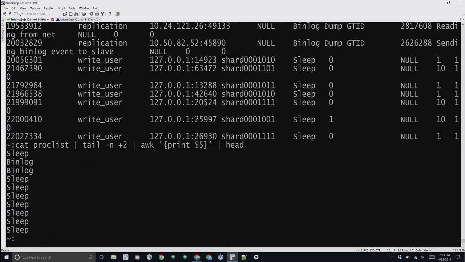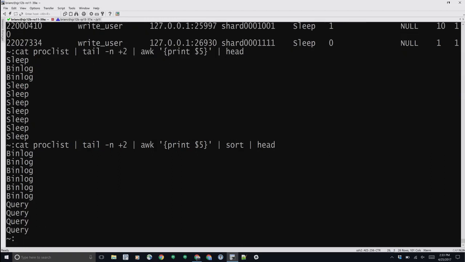So now I get, it sleeps, it's bin logs. If I sort those, and then I use uniq to get a count of each, and rather than do it just the first set,